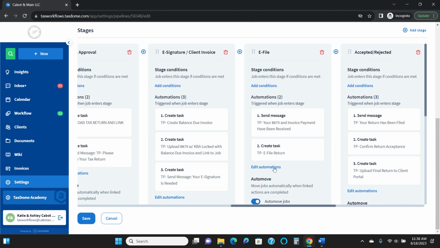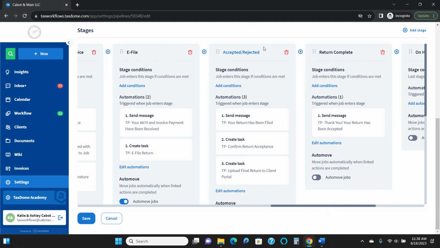So once you e-file that return and check this task off, the job will move over to this accepted and rejected stage. In this stage, they will get an automatic message that lets them know their return has been filed. And you will let them know once it has been confirmed accepted. So if you don't do this in your process and you're just letting them know it's been e-filed, you can adjust this accordingly. But if you like to let them know, some clients do like to know that their return has actually been accepted, you can build this into the